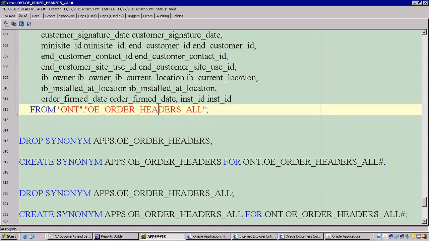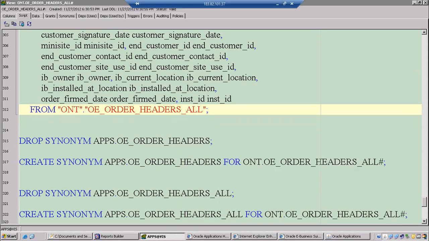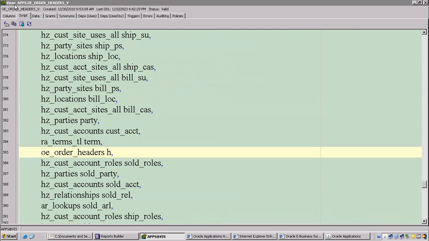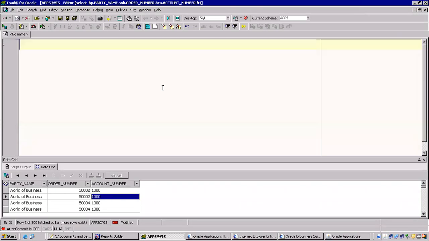Okay. So if you press F4 again, you can see it's a table. By using this particular table, they made a view. Again, by using that particular view, there is another view here. So we can create a view on top of another view also. Correct? So now